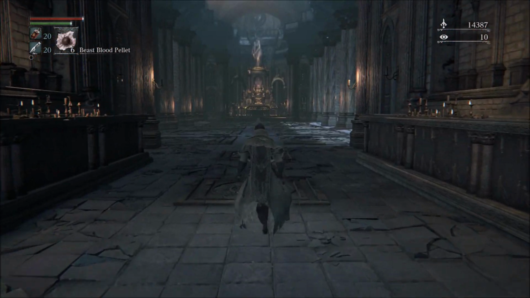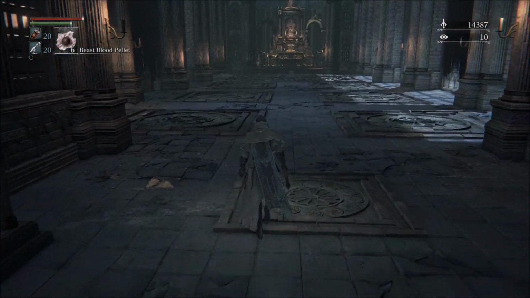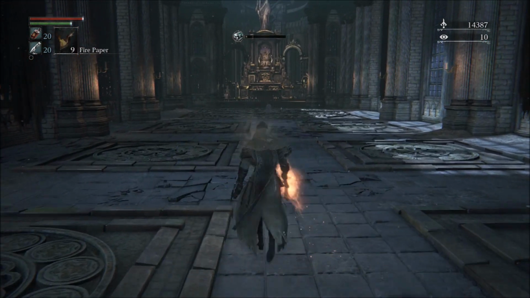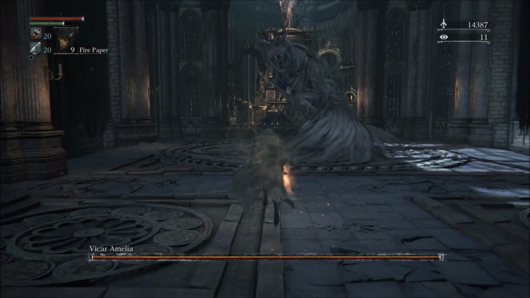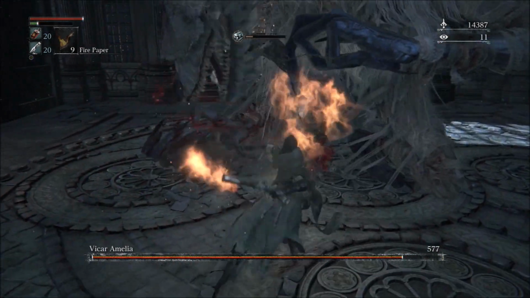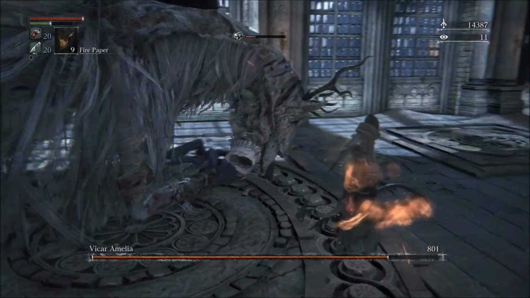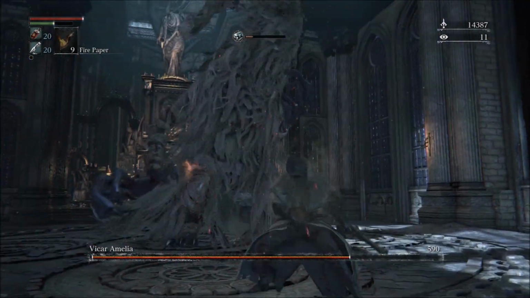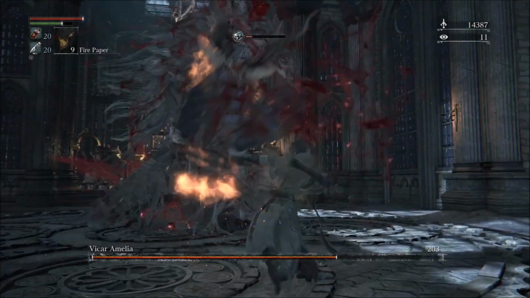Alright, so here is a very consistent and easy way to take Amelia down. Right before you trigger the fight, use a beast blood pellet and fire paper. Now run up to her right arm and make sure to let your stamina regain. And then hit her right arm with an R1 and then triple L1 combo. The fourth hit will stagger her as it will also hit her right leg. So move to her head for a visceral, and when she lowers her head, hit her face for a small stagger,